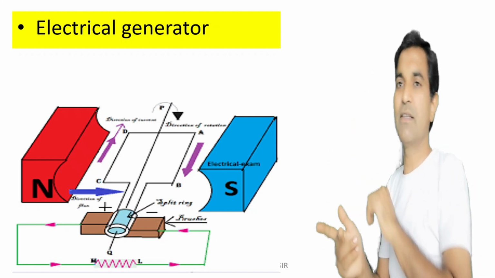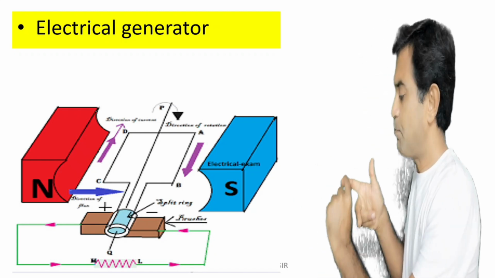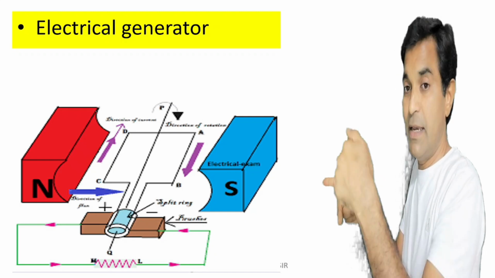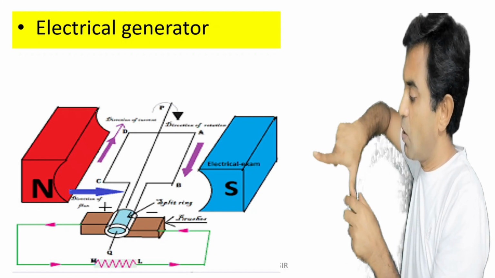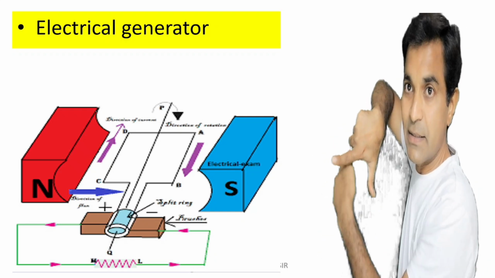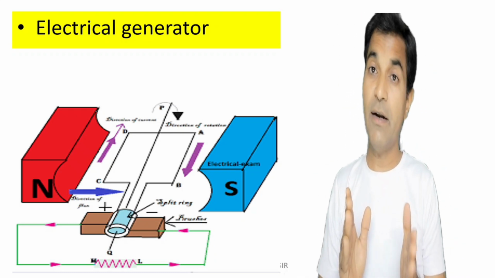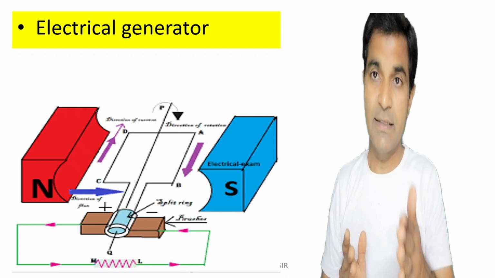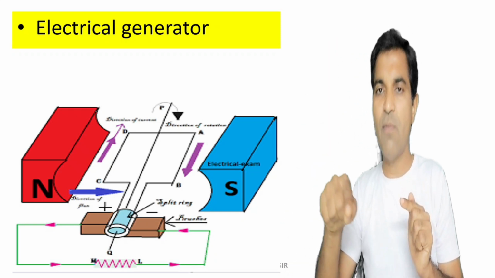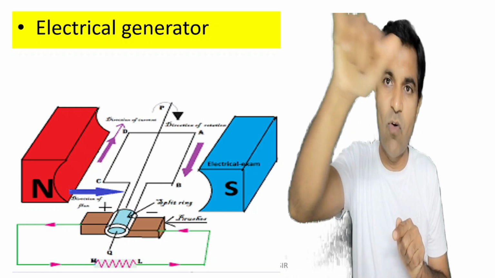Now the case is reversed, in the case of the conductor near the South Pole, right? Same forefinger field. Now the conductor near the South Pole is having direction like this. So it is like this. So now the current is something like this, right? So it is very clear that the direction of the current induced in the conductor near the North Pole is something like this, and near the South it is something like this. So the direction of current induced in this conductor is circular in shape, somewhat like this,